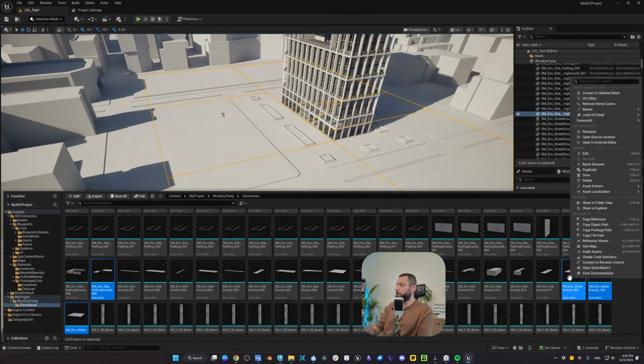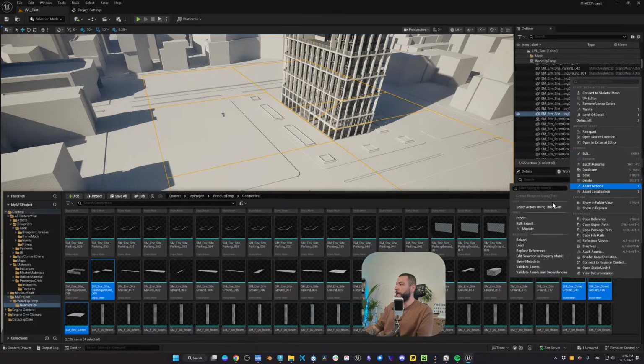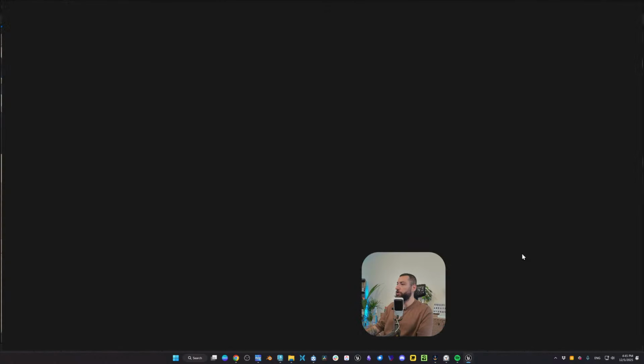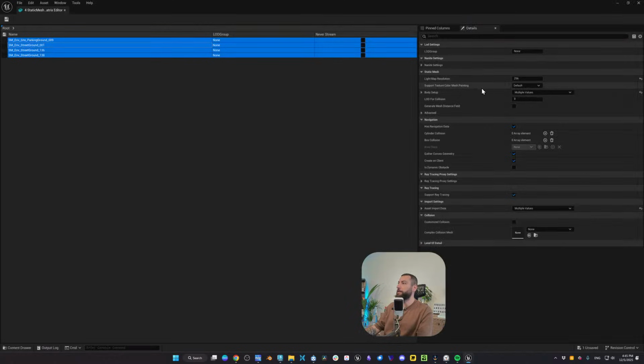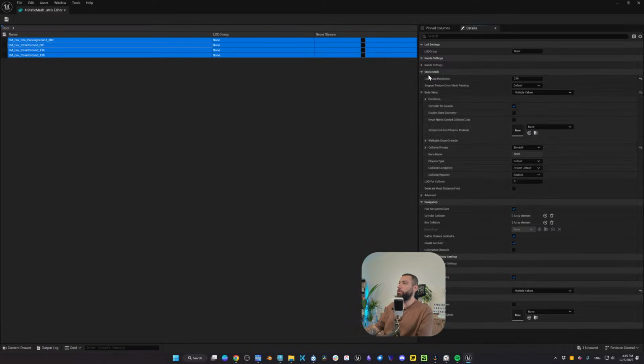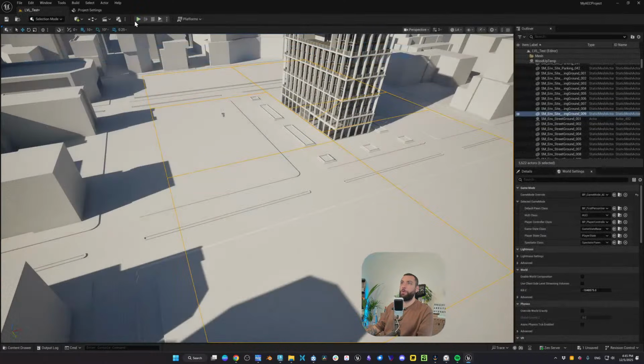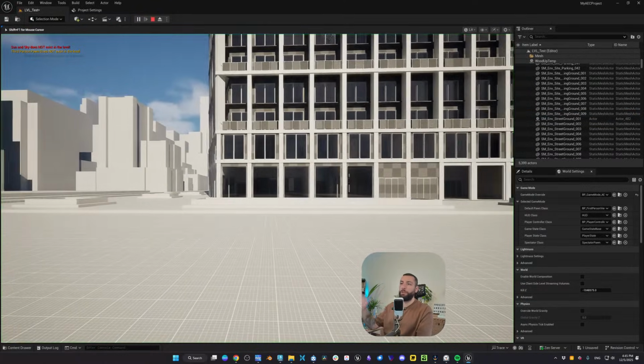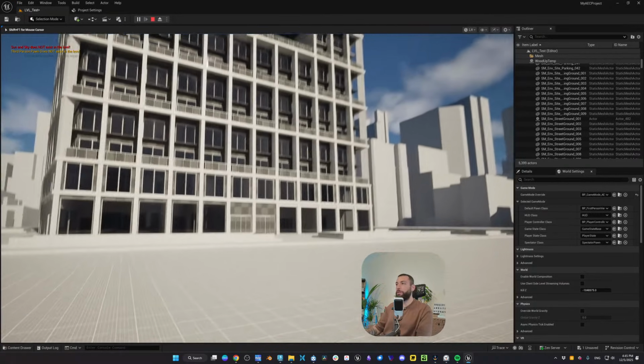Right click, go to Asset Actions, Edit Selection in Property Matrix, select these and the other meshes you want to add collision to. For now, go to Static Mesh, Body Setup, and change the collision complexity from project default to use complex collision as simple. Okay? So now when I click on play, we will not fall through the ground.